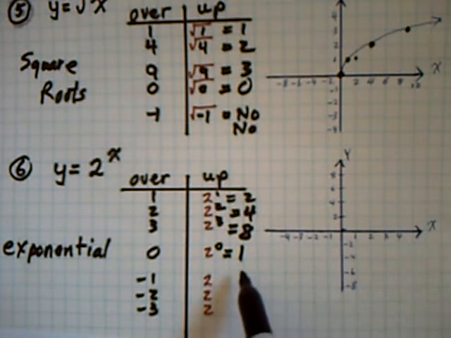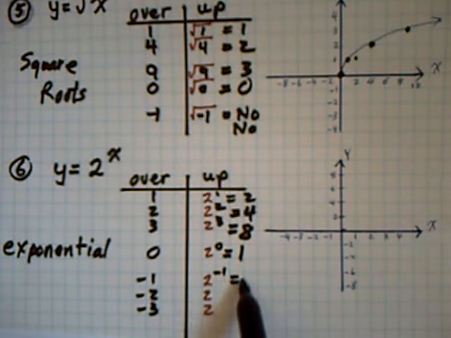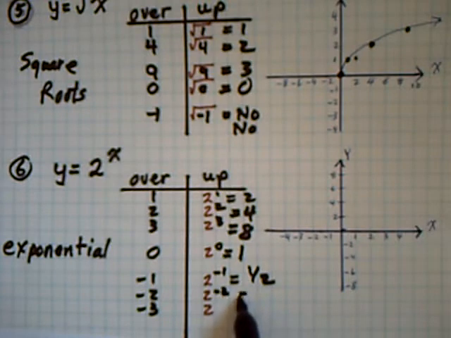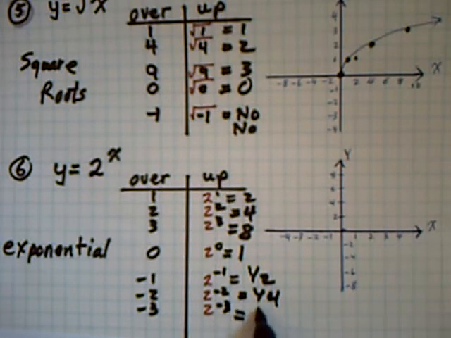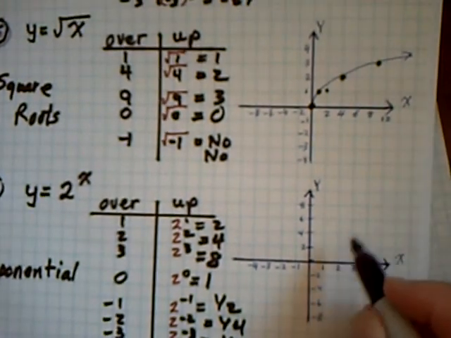So you'll see in a few seconds something slightly different about this graph. If I go over negative 1, I go up 2 to the power negative 1, which is a half. If I go over negative 2, I'm going to go up 2 to the power negative 2, which is a quarter. And if I go left 3, I'm going to go up 2 to the power negative 3, which is 1/8. So when you graph this,